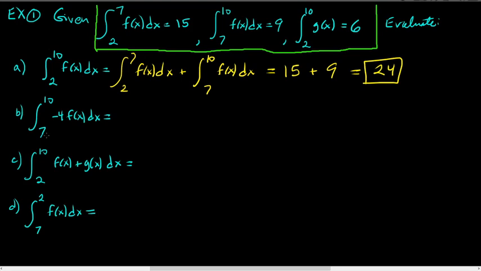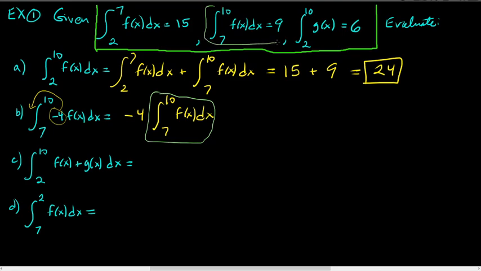Right, so how about part B? We're going from 7 to 10 of negative 4 times f of x. Okay. Well, we know 7 to 10, that's 7 to 10 here, of f of x. We know that that's 9. But what about this negative 4? Well, it's a constant. Remember, constants can come in front. So this is just negative 4 times the definite integral from 7 to 10 of f of x. And then this integral here is, of course, the same as this. So we know it's equal to 9. So it's just negative 4 times 9, which is